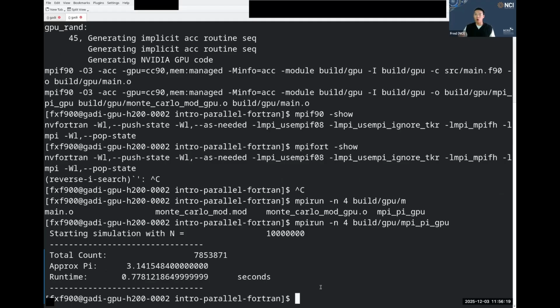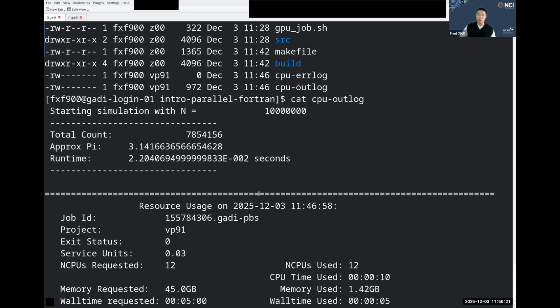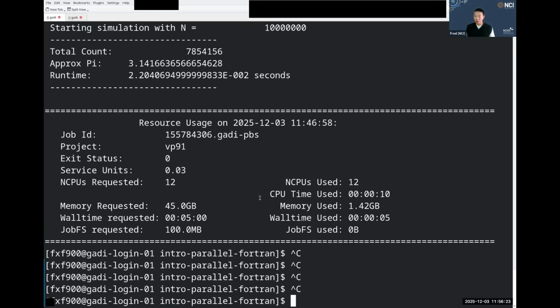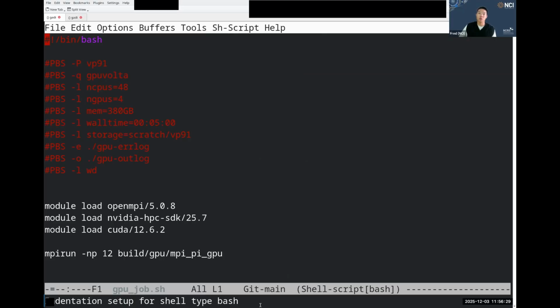Similarly, if you want to do this, let me get back to my login notes. If you want to do this through a job submission script, I provided the GPU job submission scripts here for you. But this one is on Volta though. I can change this to GPU output. Change the memory to